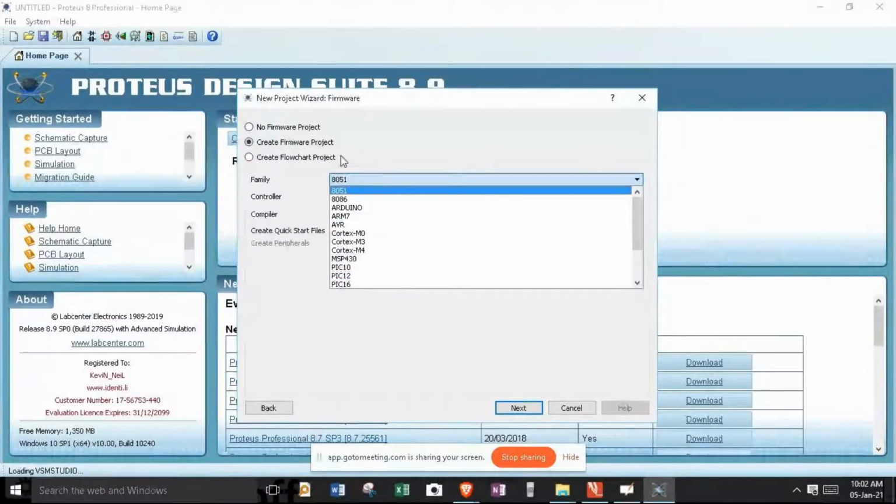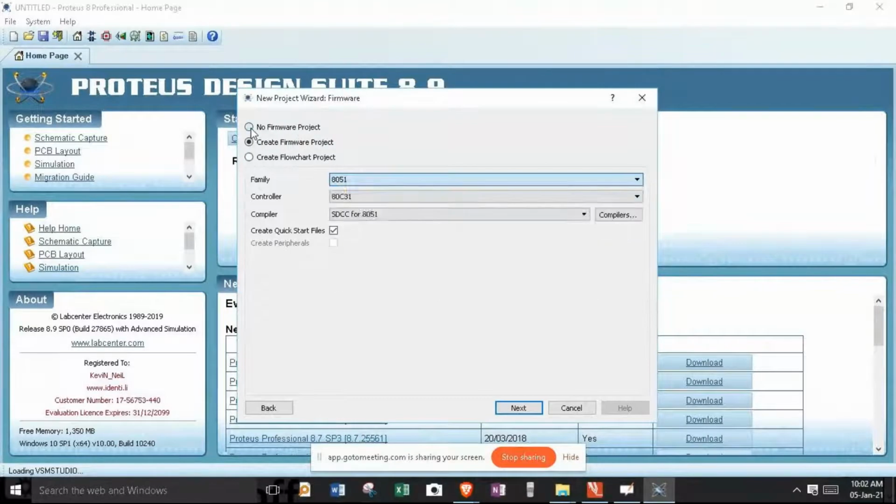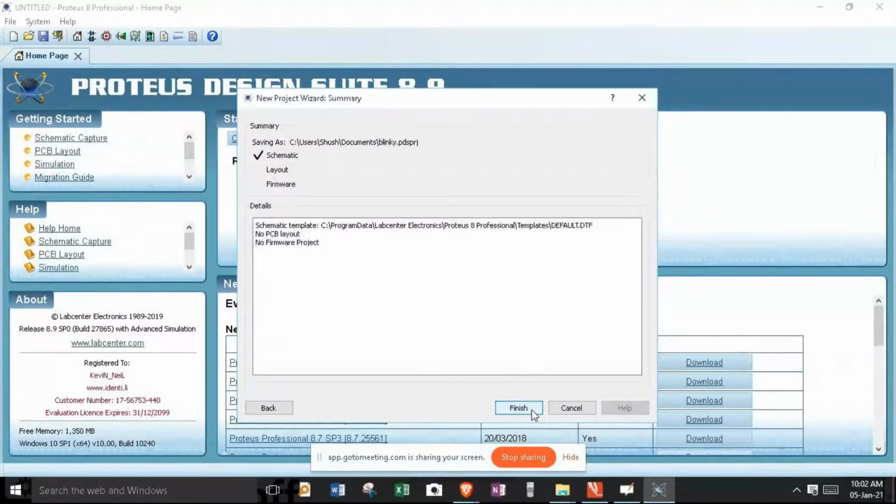For the time being, we'll not have such firmware for our project, and we'll make use of a third-party IDE in order to generate a hex file. So for that purpose, I'll select no firmware for this project. After that, I'll hit next, and I'll hit finish.